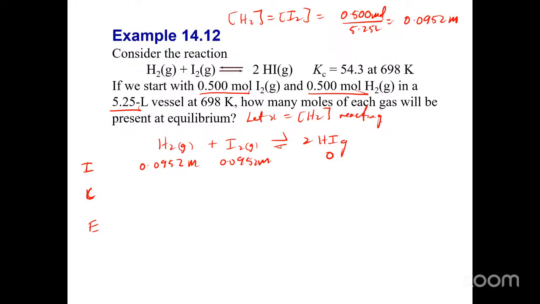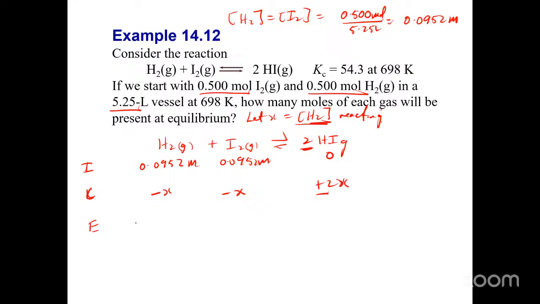If that's the amount of H2 reacting, the concentration of H2 reacting, that means that the change as far as H2 is concerned would be minus X. Because of the 1-to-1 mole ratio for iodine, that would also be minus X. But because you have a coefficient of 2 here, so that's a 1-to-2 mole ratio between the H2 and HI, this is going to be plus 2X. Of course, this is plus because HI is being produced.